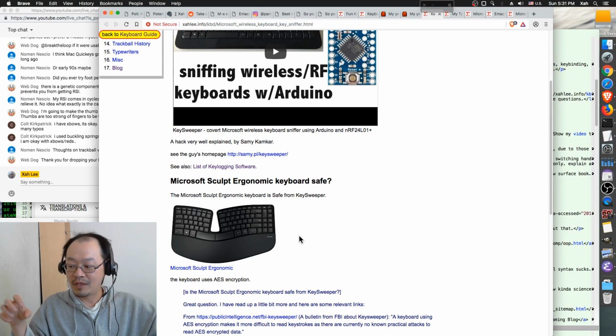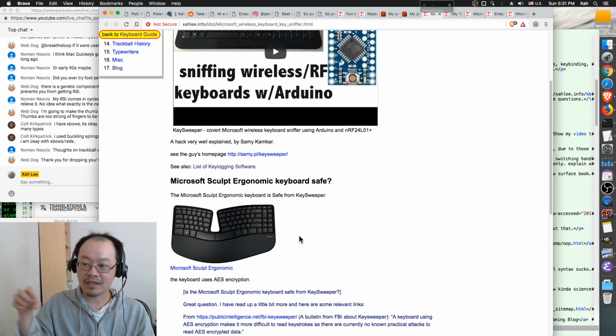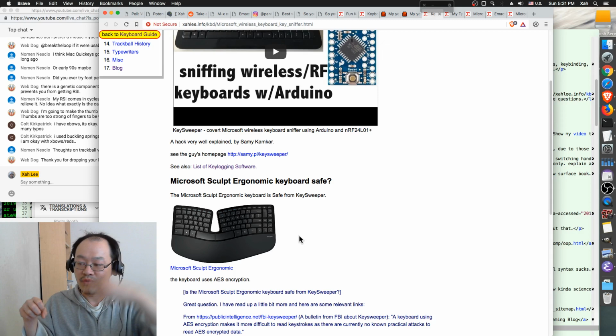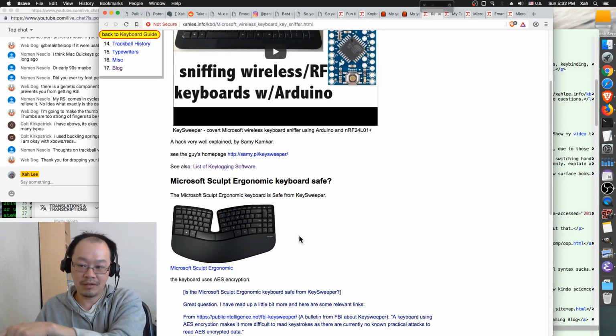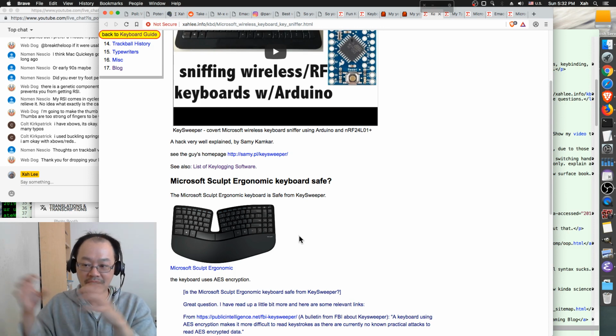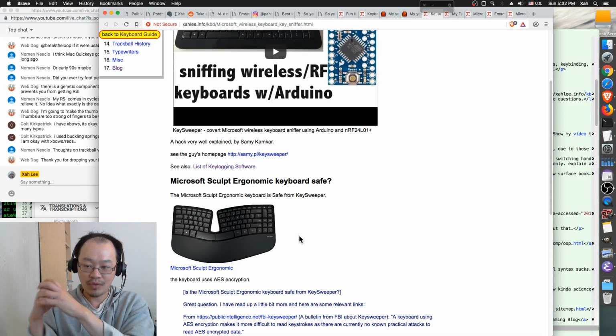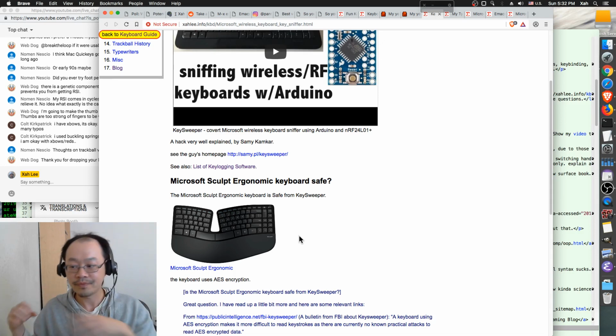So the mouse is sending mouse signals, but it can also send keyboard signals because the receiver software is written together as one package.